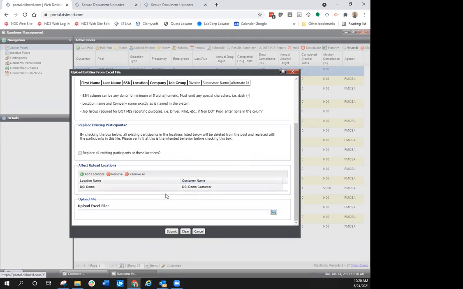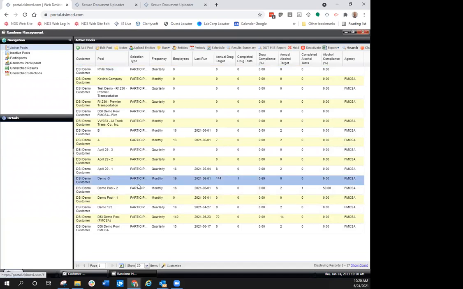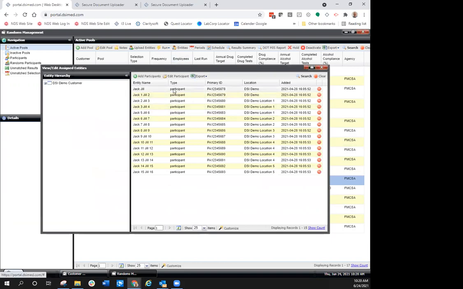So you'll get instructions on uploading your employee list. You'll have them as an Excel or a CSV file on your system. You'll find the file and you'll upload it. Once you upload, you'll be able to go into the pool and see that you have employees in the pool, okay? And you can go to entities up at the top and you can view the employees that you've uploaded into the pool. If you have multiple locations, they'll be designated by location. If you only have 1 location, you'll just see 1 location name here for these particular